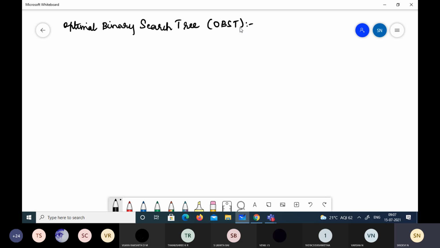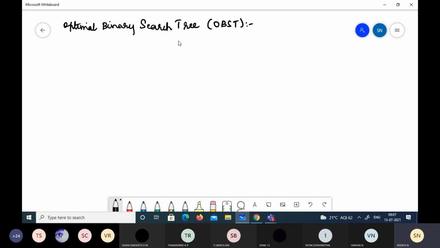It's an important data structure, and one of the applications of binary tree is that it can be used for implementing a dictionary. OBST is the one in which the average number of comparisons in a search will be the smallest possible.